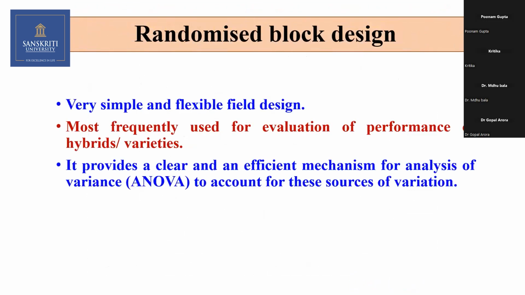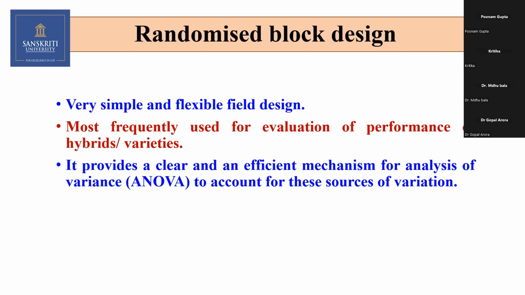Okay. Then I'll come to the randomized block design. Actually, if the plots are not homogeneous, then we are converting the plots into blocks which are perpendicular to the fertility gradient, in such a way that within the blocks they are homogeneous, between the blocks they are heterogeneous. And here we have two sources of information: one is treatment, another one is blocks, or one is rows, another one is columns, in addition to the error.